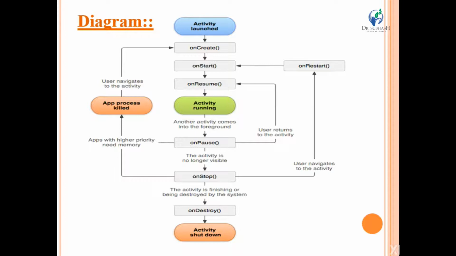If the onStop method is called, then your activity will become totally invisible. So here if another application requires memory, your current application will be killed. In another scenario, I can restart my current application by calling the onRestart function. And at last, if we want to close our activity, then we should call the onDestroy method.